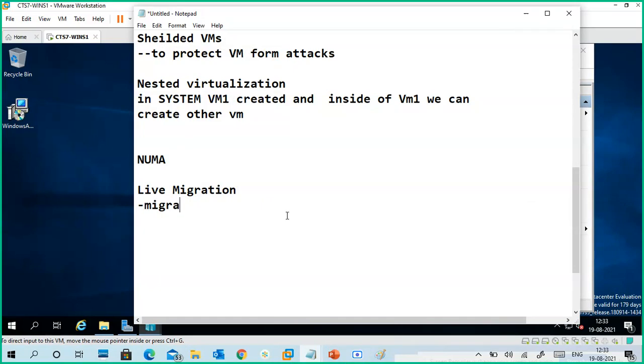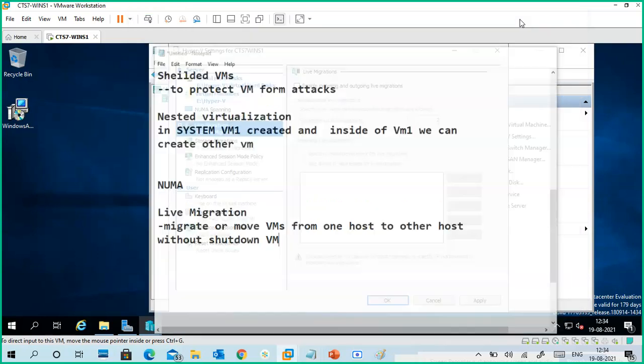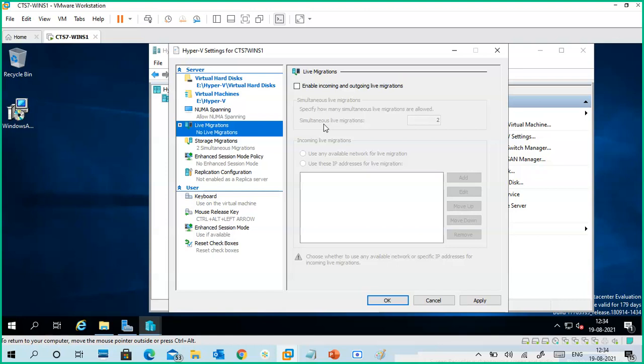Migrate or move a virtual machine from one host to another host without shutting down the VM. Without shutting down the virtual machine, we can migrate from one machine to another machine. We already discussed vMotion, right? Like vSphere vMotion, same thing.